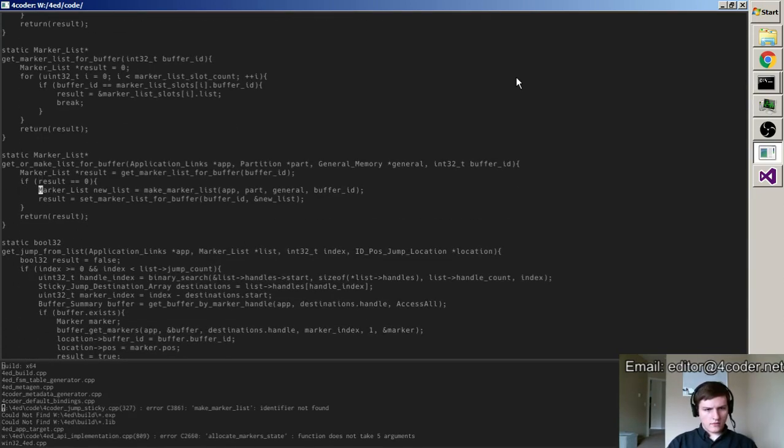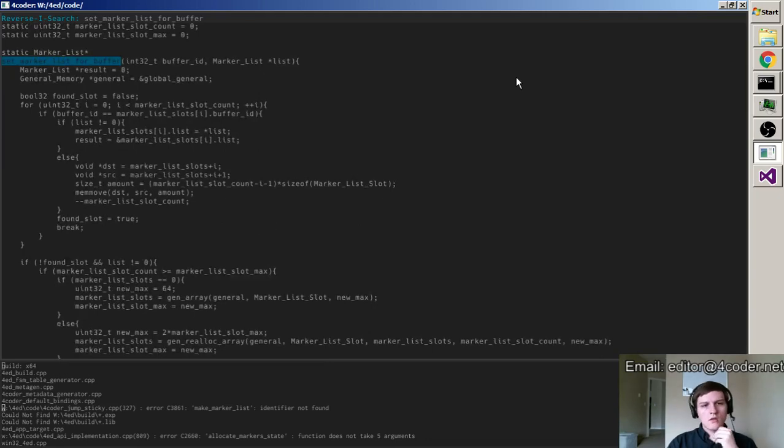And then we don't set marker list for buffer marker list pointer result equals, yeah, so the problem here is